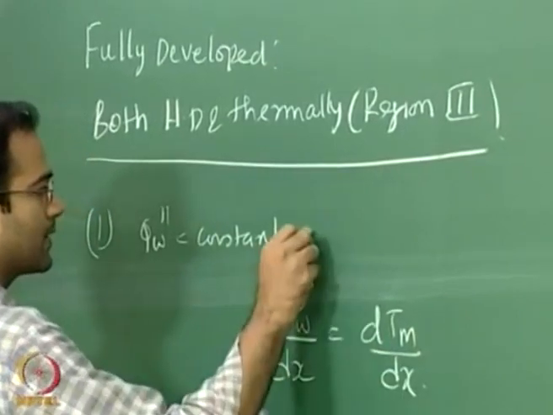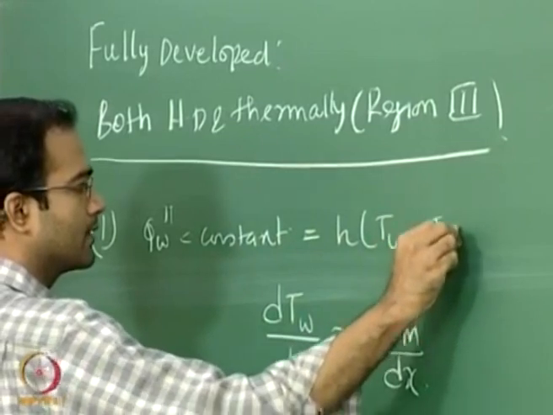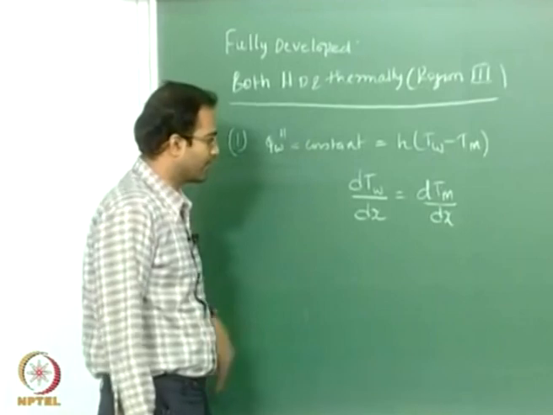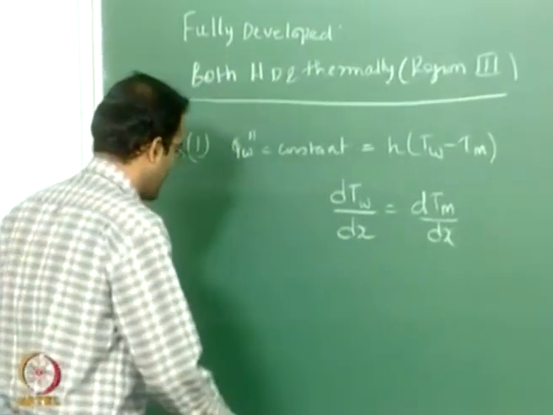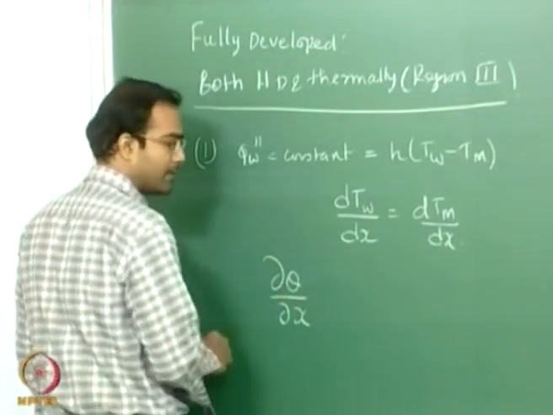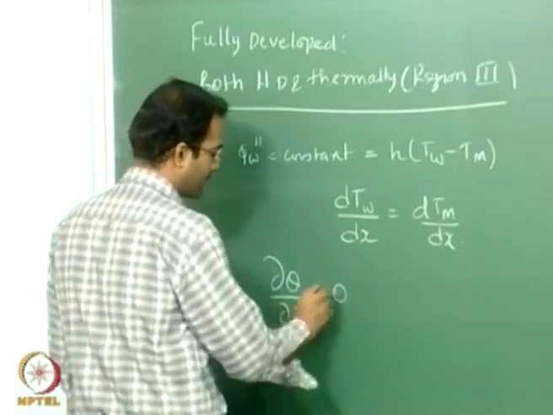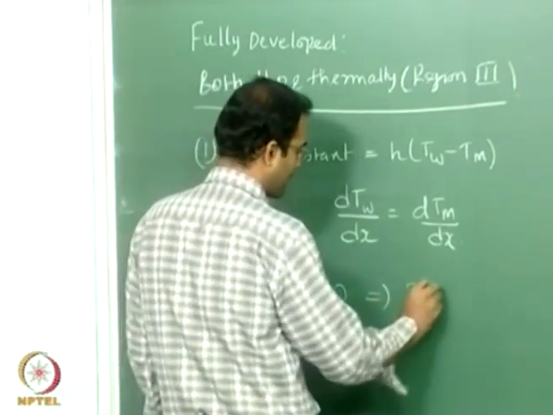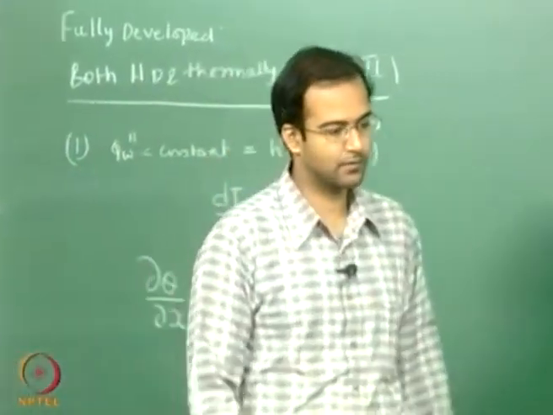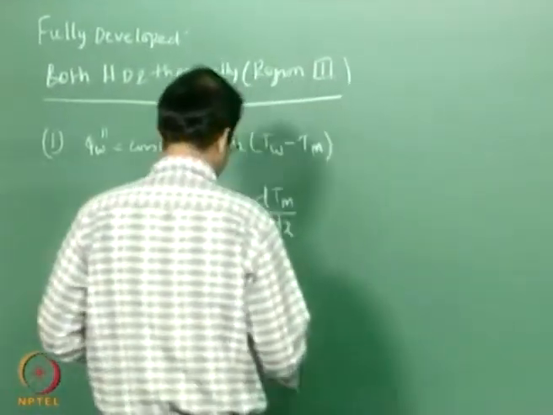This comes because this is equal to h into (T wall minus Tm). Also we have expanded the fact that for thermally fully developed flows, the non-dimensional temperature gradient variation axially is 0. From which we had obtained an expression for dT by dx in terms of dT wall by dx and dTm by dx, that was